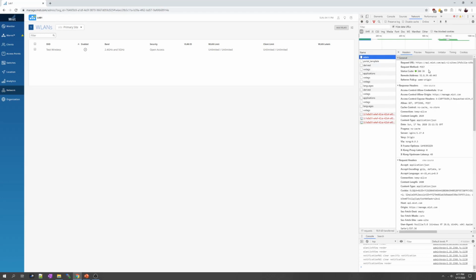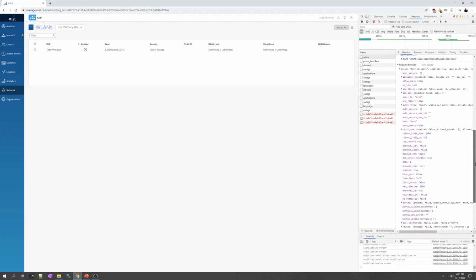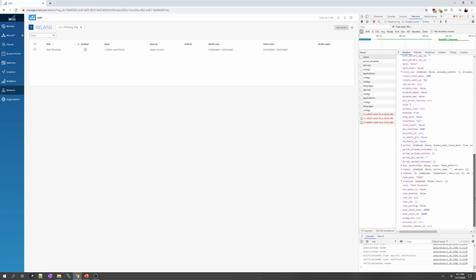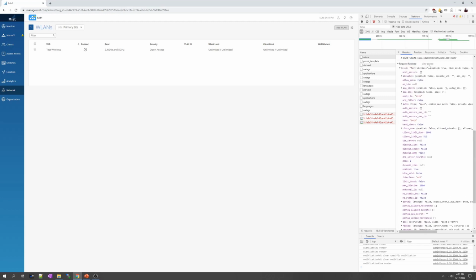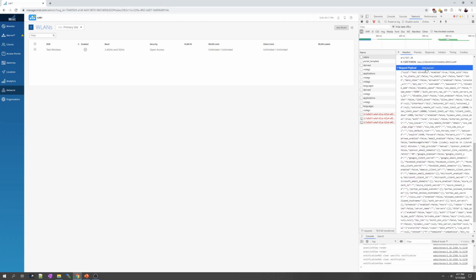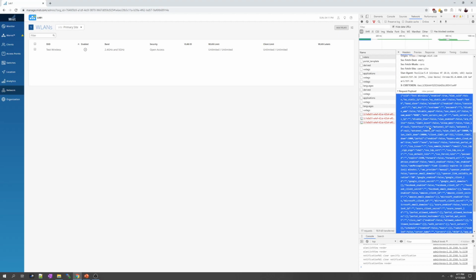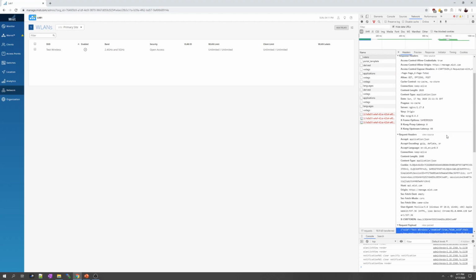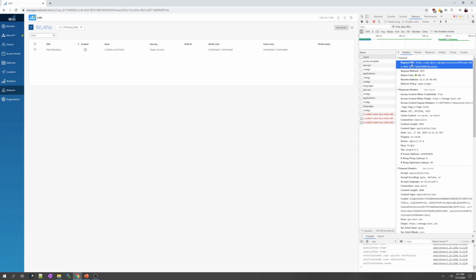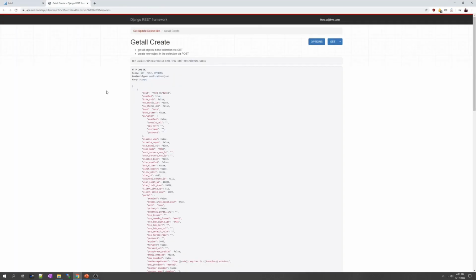So we're going to see that this is a POST request to api.mist.com. We'll scroll down through all this stuff that, I don't know what all this stuff is, right? So here we go. We'll hit view source. So this is everything that it took to create that WLAN. So if we actually navigate here, I'll just double click on WLANs. You can see it drives us